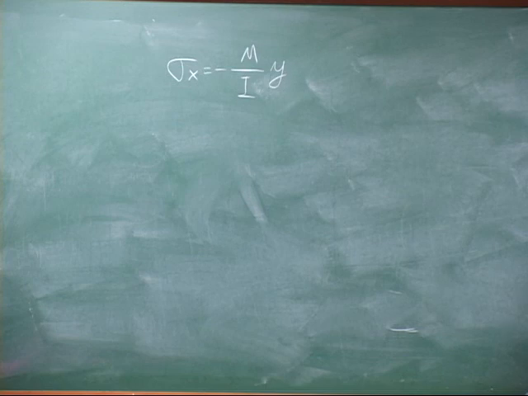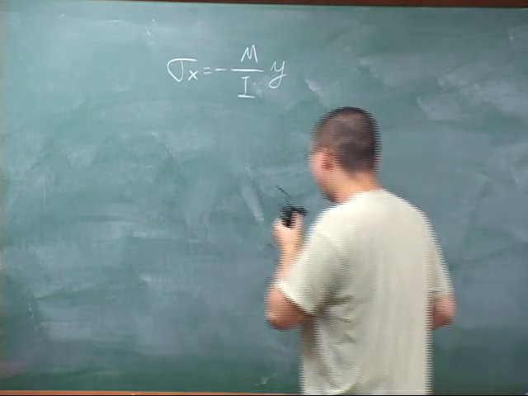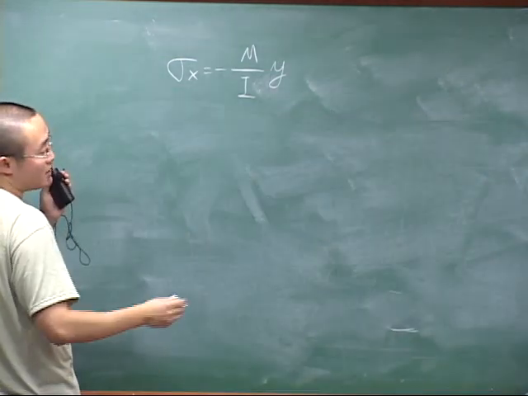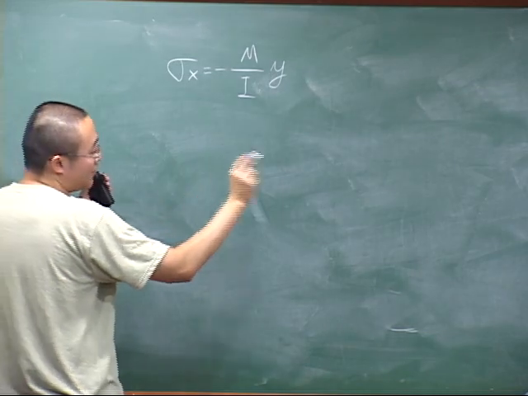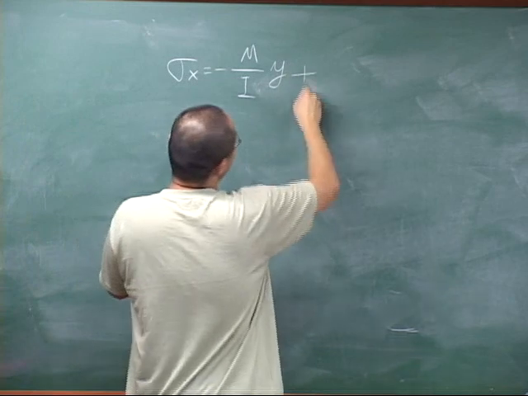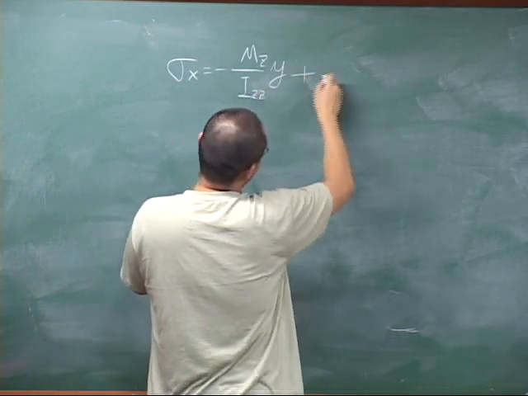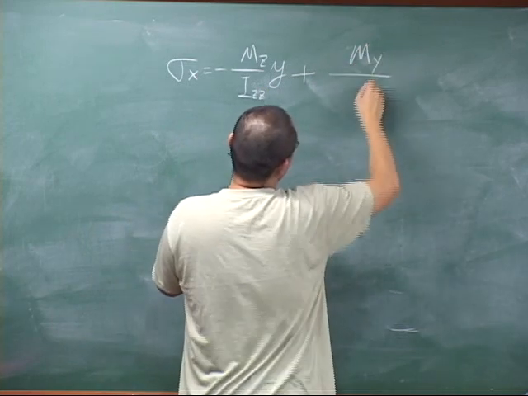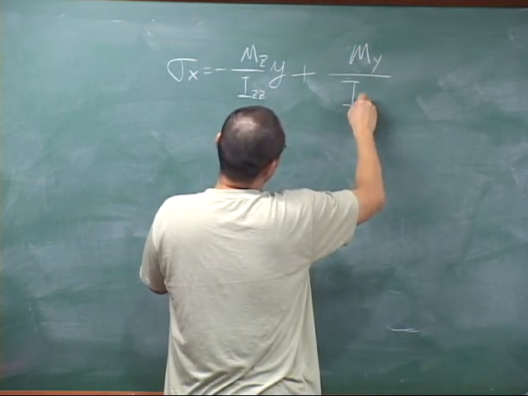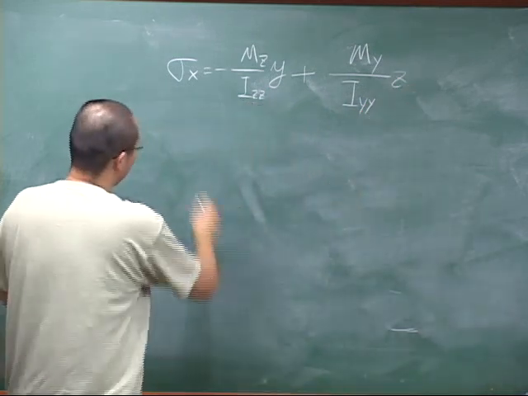So under the positive y side, we have compression, and the negative y side, we have tension. It's just reversed. So in this case, if you want to calculate the total stress at any point within this cross section, this is mz over Izz times y, plus my over Iyy times z. So Izz,